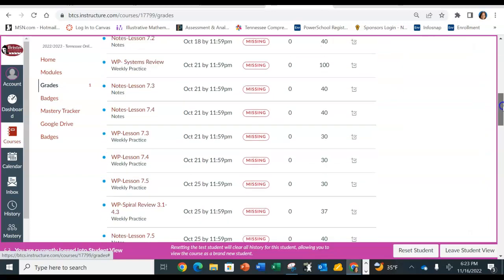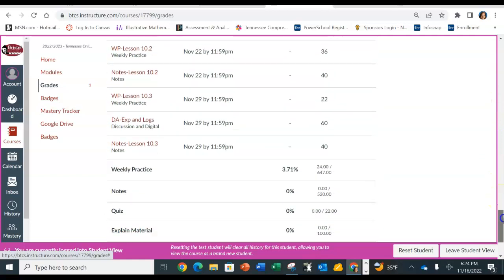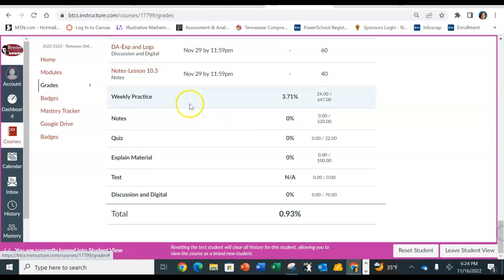If you scroll all the way to the bottom, if it's not due yet, it's not going to have a missing or a grade. So these are all upcoming assignments for this class, which again, is just a test student. If you come down here to the bottom, it's going to show you how many points are in this category and how many points you have earned. Again, I was just playing with some of these to show. This test student has 0.93%, so less than 1% of a grade, so not too good. But